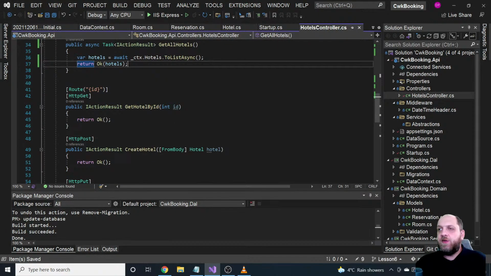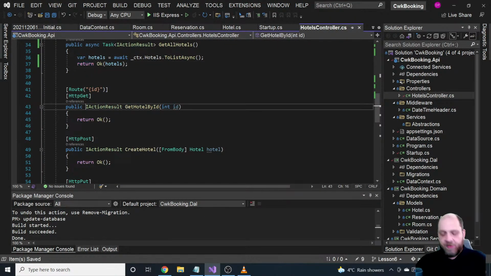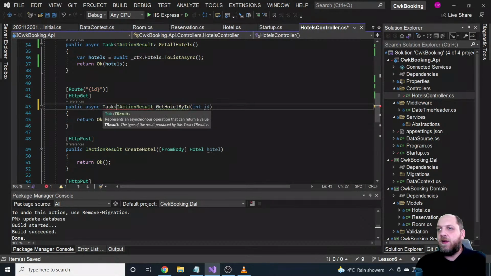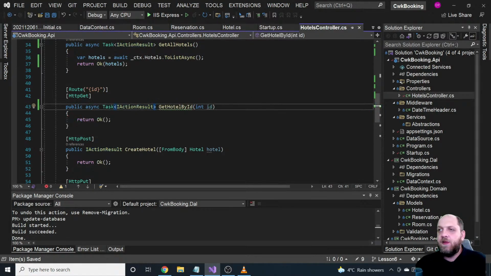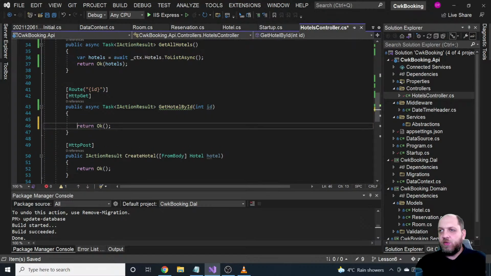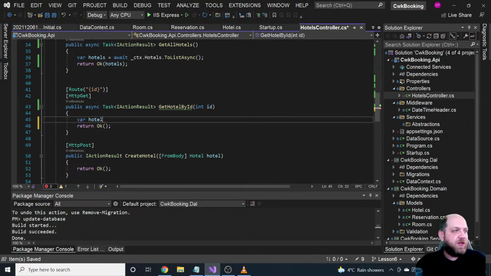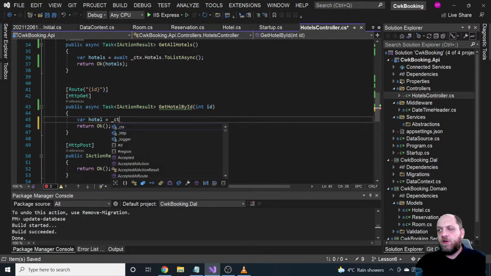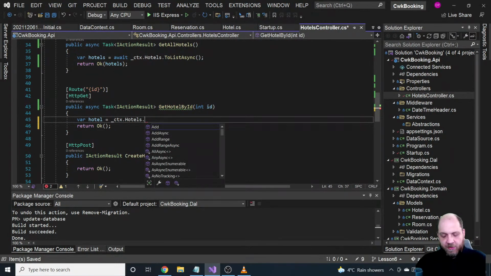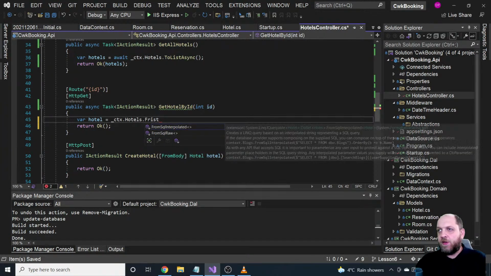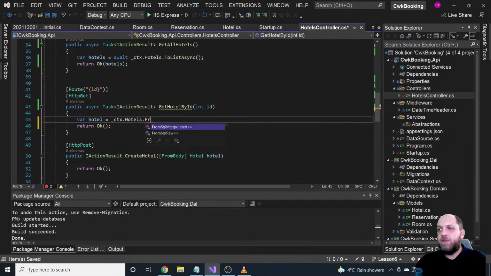Now let's go here to this GetById. Once again, we have to transform that into an async method. So we have async Task of IActionResult and GetById. And here what we will do is var hotel in this case equals, on the context, once again we have this property Hotels, and here we can simply use FirstOrDefaultAsync. Once again async because it gets executed on the